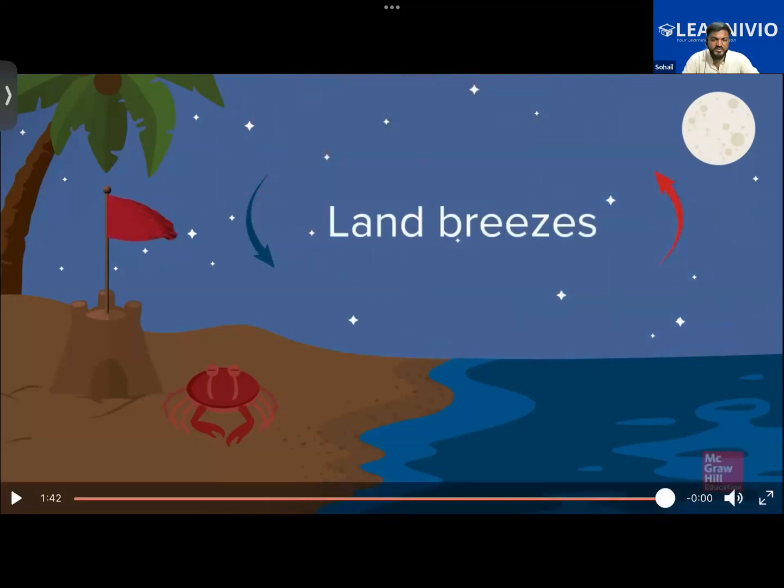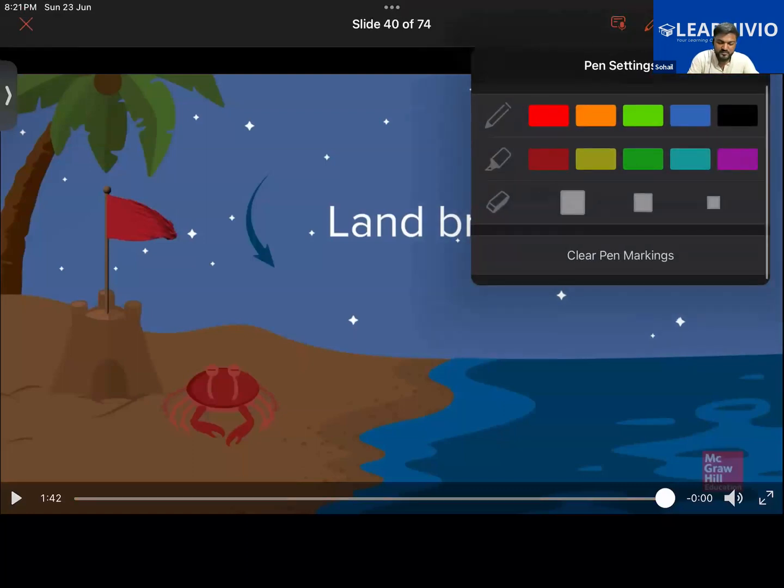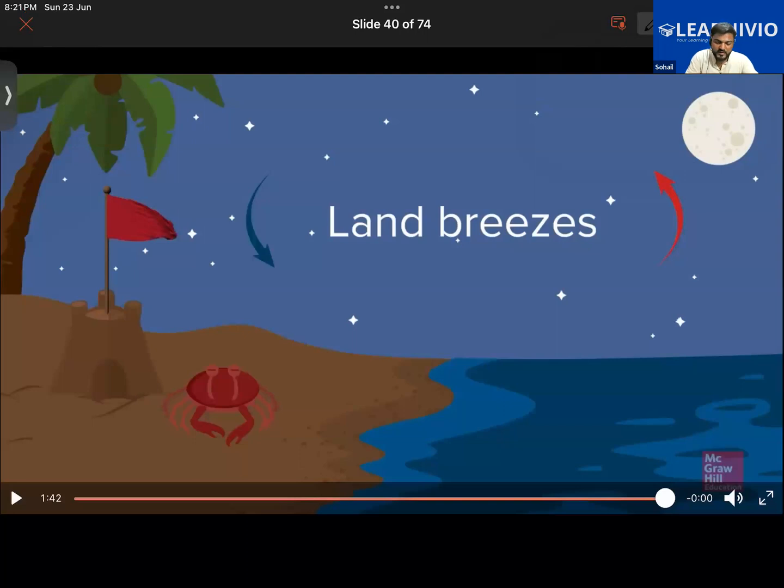Okay, guys, have you understood this? Why does land breeze only occur at night? The reason is that it's the property of land that land heats up faster and also cools down faster. So during the night, land is cooler as compared to the water body, isn't it, Suleiman, Aman? Yes, sir. So thereby, the air above the land will also be cooler, and cooler air, where does it go? Does it go above or down? Sir, down. It comes downward.